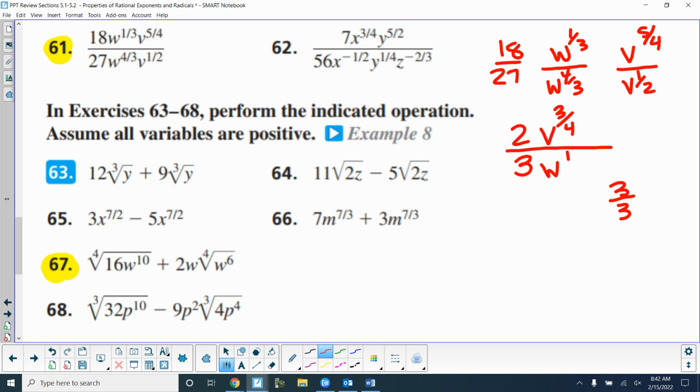Okay, on 67, the way it looks right now, can I add them? No. And why not? They're not exactly the same radicals, right? It's got to be the same index with the same variable to the same exponent underneath. And then out front, it's got to be like terms as well, right? That makes sense? So first thing I should do